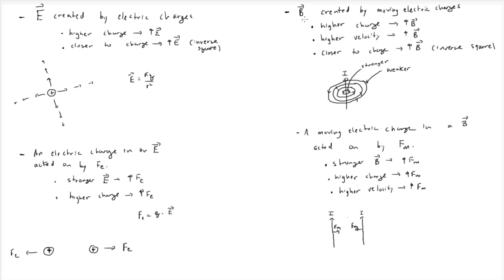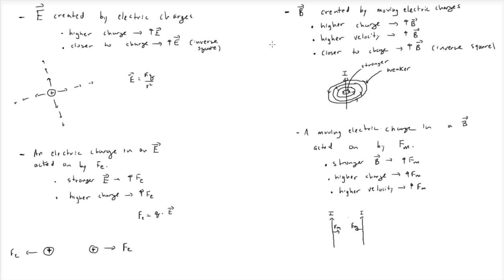So the magnetic field is B with an arrow, and magnetic field is created by moving electric charges. So if you're a stationary electric charge, you do not create a magnetic field. Once you start moving, now you're producing a magnetic field. Similar to electric field, the higher the charge, the stronger the magnetic field. So if I put a 1 coulomb charge versus a 2 coulomb charge, there would be a higher magnetic field